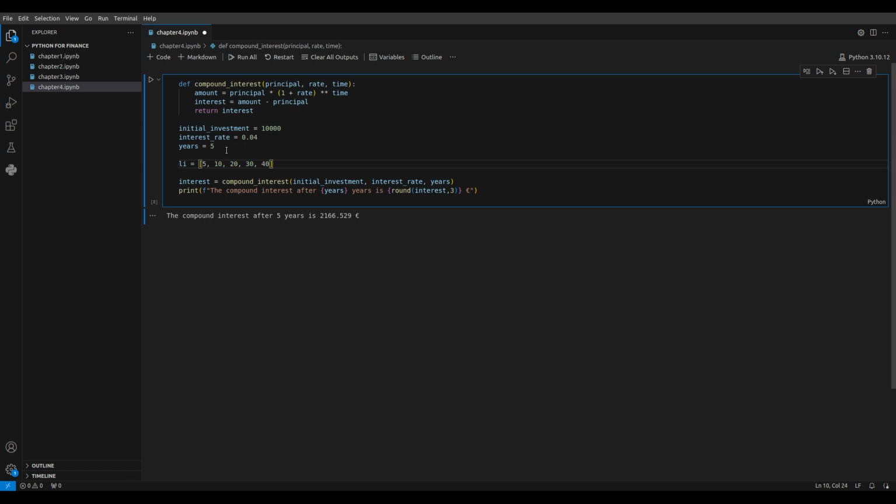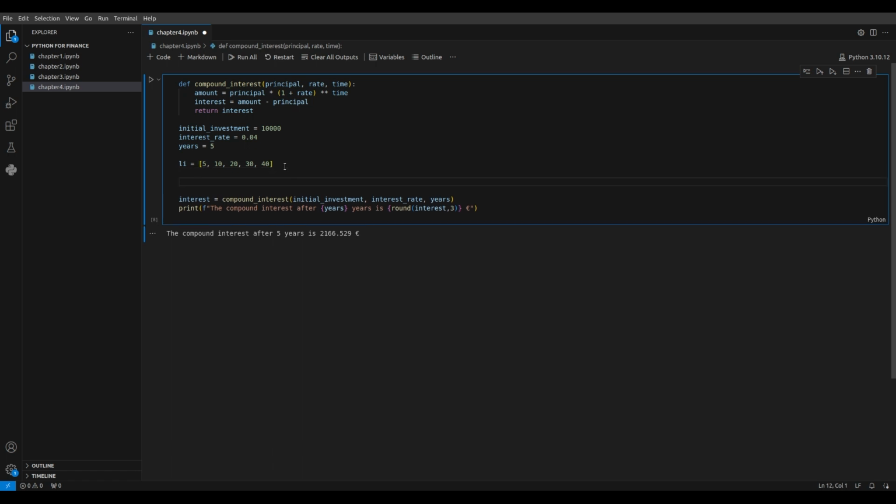Anyways, 5, 10, 20, 30, 40 years. The point is to use this function and this little print to see how our compound interest grows with the amount of years. So I've defined this list that I've called LI, short for list. So now we should do our for loop. So I will say for Y, to make it short, in this list, LI,